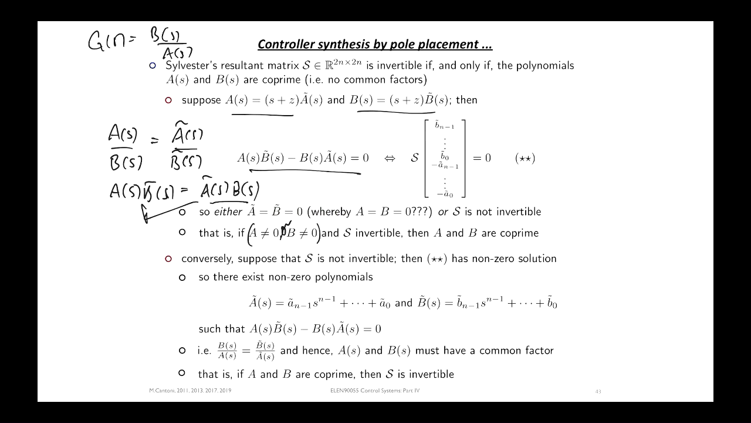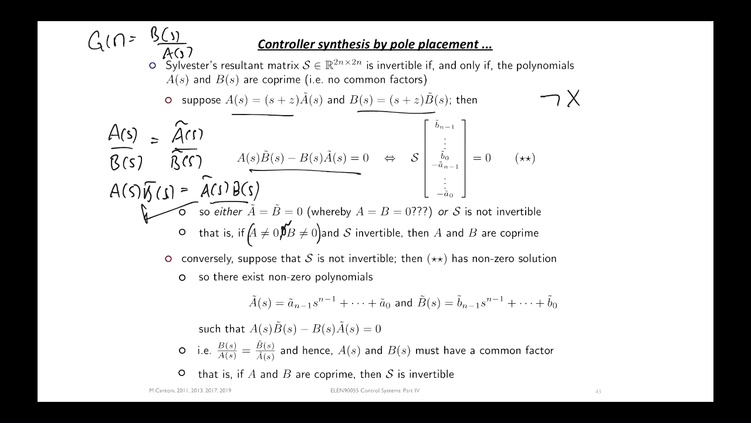And the other way that this could hold is if S is not invertible, right? In other words, S has non-zero vectors in its kernel, right? The kernel of multiplication by a matrix is just the set of all vectors that get mapped to 0, right? And there will be such non-zero vectors if S is not invertible. If S is invertible, then there are no non-zero vectors that get mapped to 0. All right? So we've shown that,